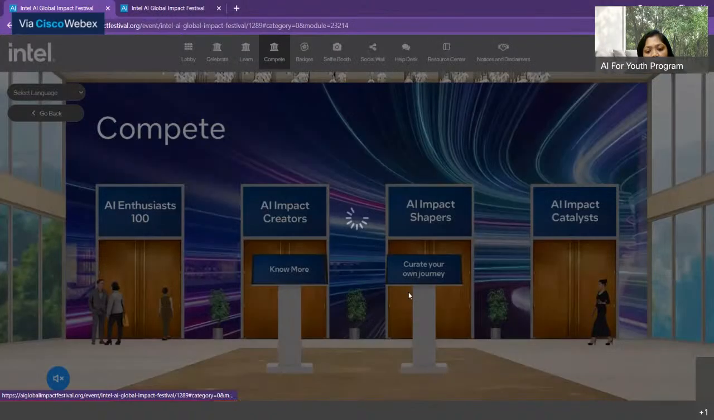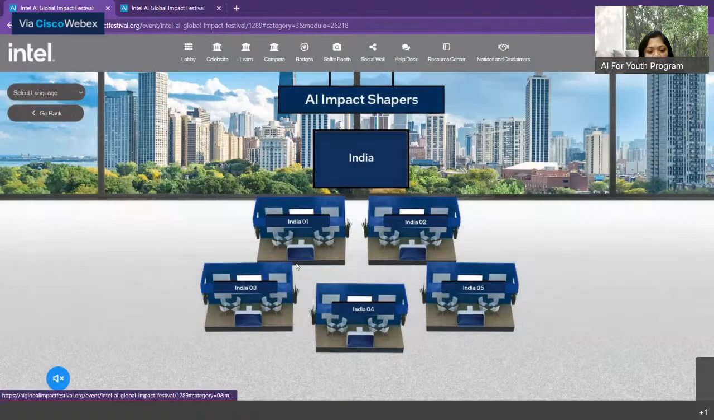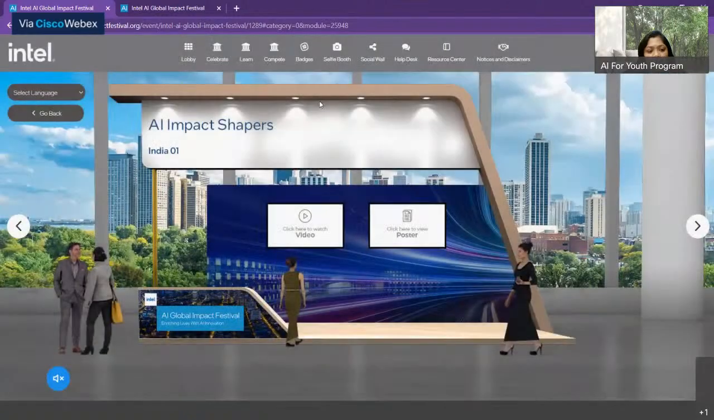And this is AI impact shapers. AI impact shapers are the projects that have been submitted by the schools or by the teachers. I would say they are by the teachers. So for example, again, I'll show you India. If you go to India, I'm opening the first project here. When you click on it, I think